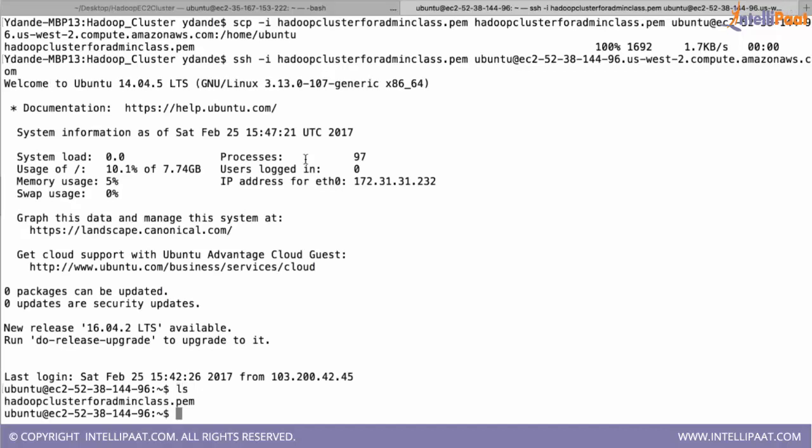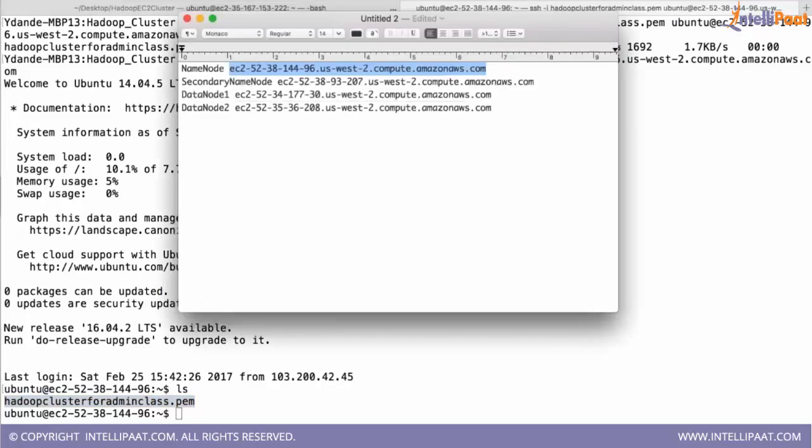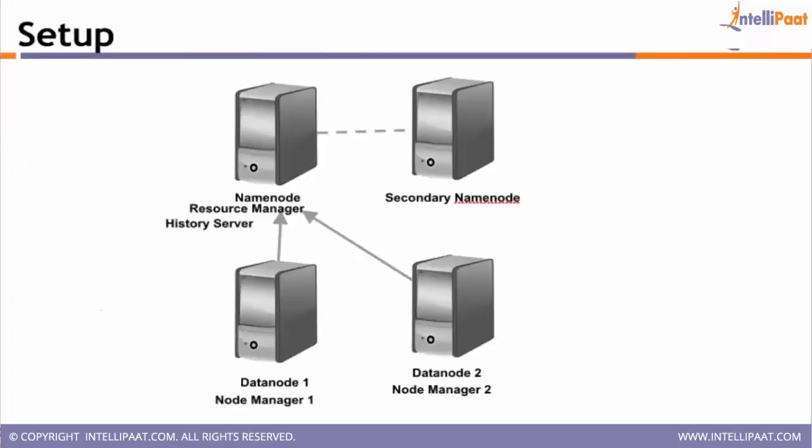Now you say ls here, and you can see this file, which got copied into this machine. Because of this file, the name node will be able to access the other data nodes and the secondary name node in the setup. Now let us move ahead.